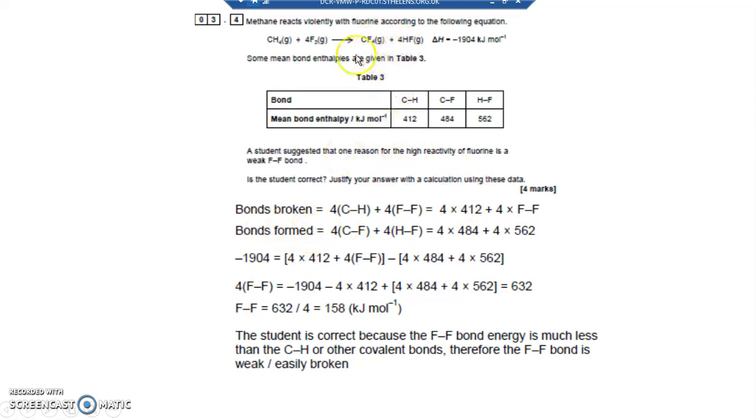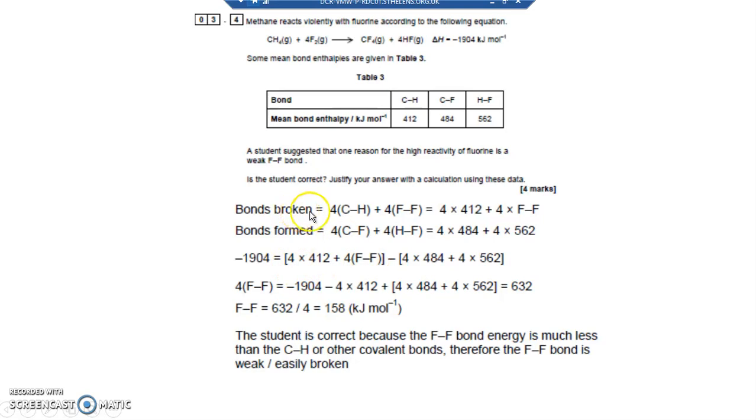The bonds formed, so on the right hand side, 4 CFs, 4 HFs, so that's 4 times 484, which is a CF, and 4 times 562, which is a HF. And remember what I said, bond enthalpy, or delta H, minus 1904,